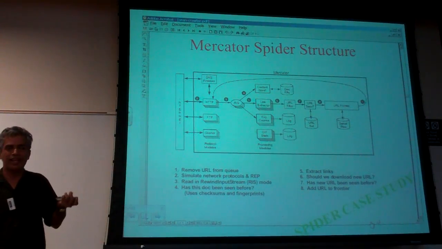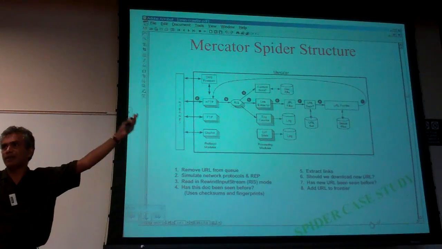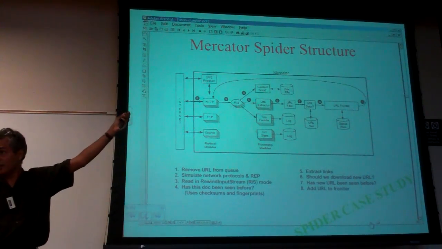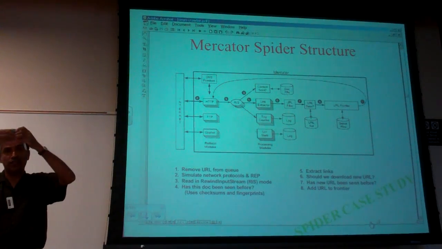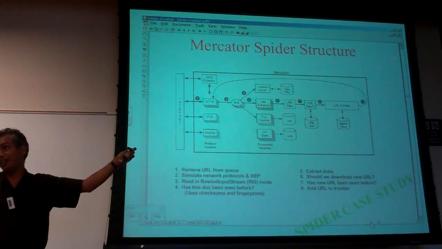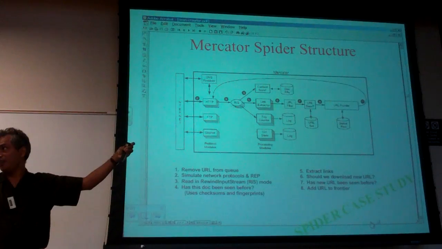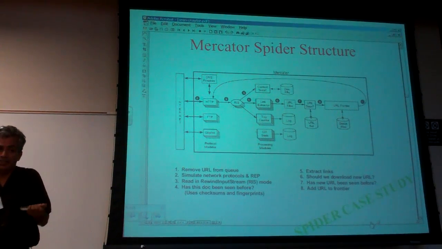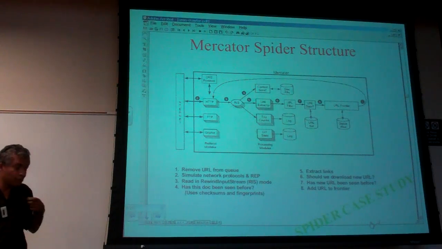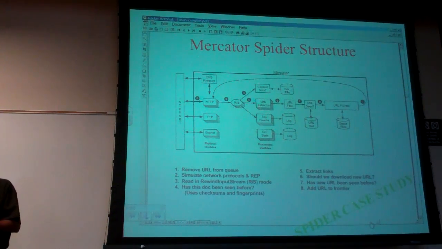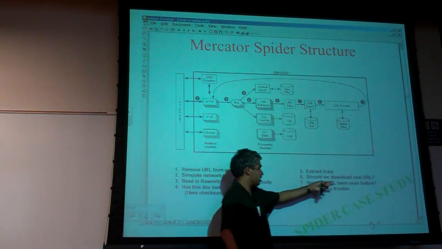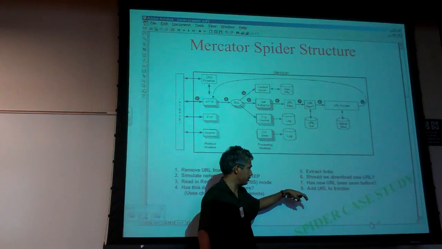Then if not, you extract the links. Here again, it's easy stuff to say, but people will write links sometimes in absolute form, sometimes in offset form, so if you are putting it in a queue, you need to make sure that every link that you put in is an absolute link. If it's in offset form, you need to convert it. If you don't do it, you will get a bad crawler, which just misses most of the links. Doing it is not too hard, but if you don't, you get in trouble.